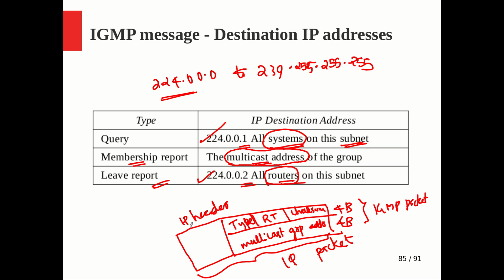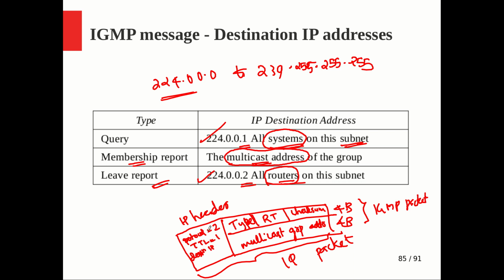When you add this IP header, what are all the things we have seen? The protocol field inside the header has to be 2, meaning that it is an IGMP packet, so whoever is looking at it will understand that. The TTL field has to be 1 because it does not want to cross that particular network boundary. There are other fields also. We will fill all other fields, and the source IP will be our own IP, who is generating it. And what is the value that is stored in the destination IP?